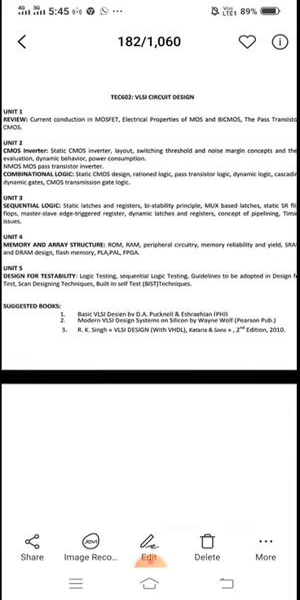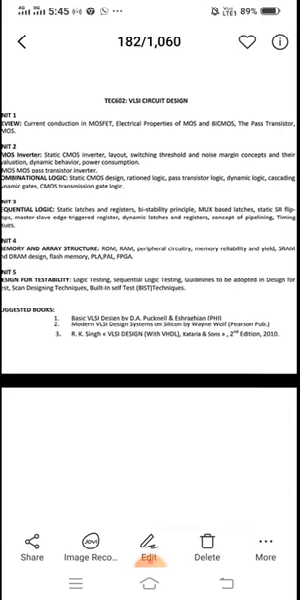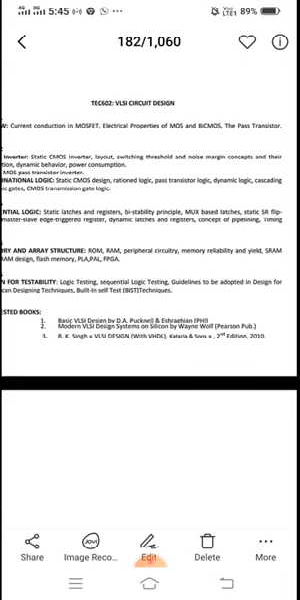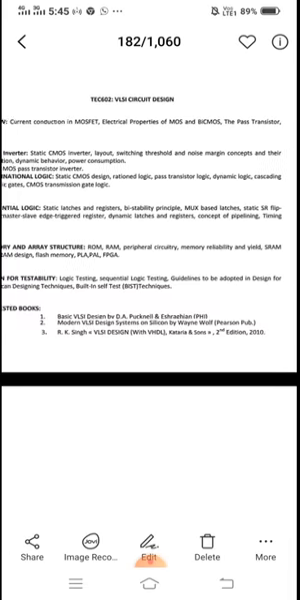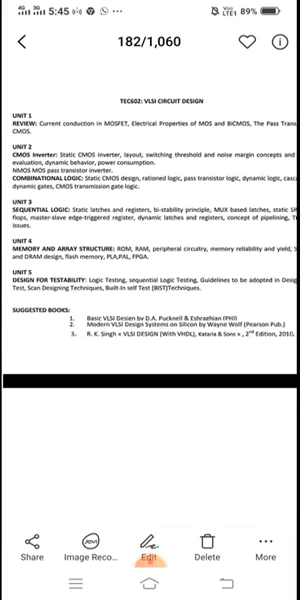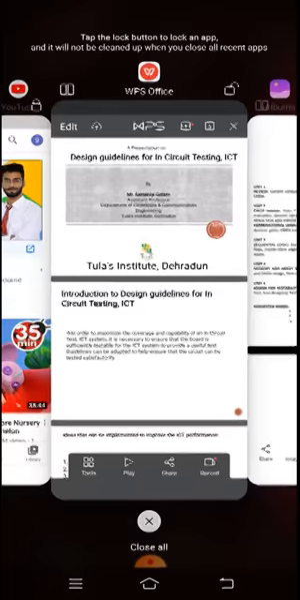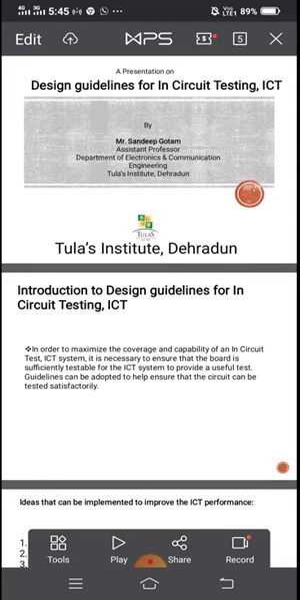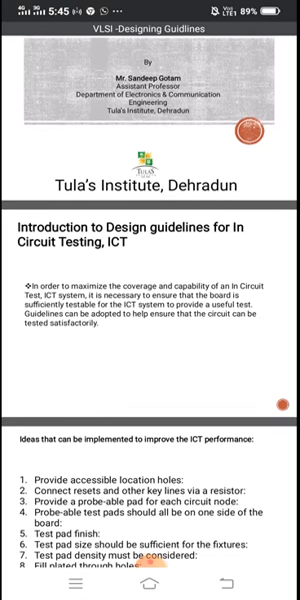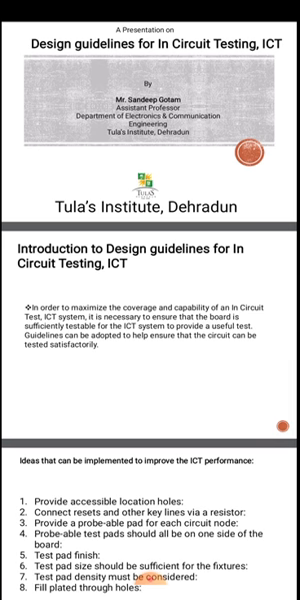So for this we are going to study design for testability, which includes logic testing, sequential logic testing, guidelines to adopt in designing for test, scan design techniques, and built-in test techniques. So we are starting the topic with the design guideline for in-circuit testing, means ICT. So the introduction to design guideline for in-circuit testing is,